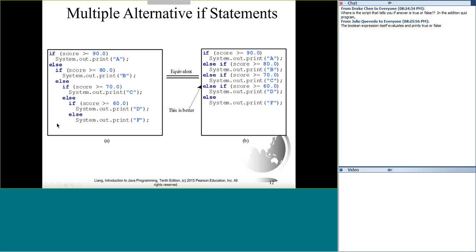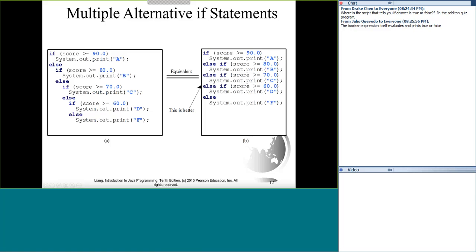Likewise, 79. It's not greater than 90. It's not greater than 80. It's greater than 70, so you print out C. You continue on all the way down, and you can derive letter grades using if, else if, else if, all the way down to the F, where you just conclude if the score is greater than or equal to 60, and it's not, well, then you've got something that's below 60.